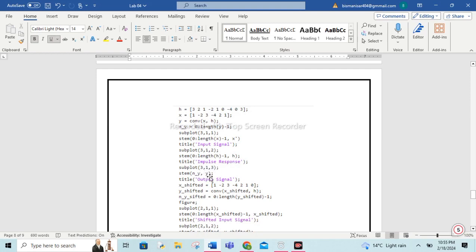Shifted: use figures, then use stems, give title to shifted input signals, again use subplots and again use stem commands, then y shifted, give titles. As a result,